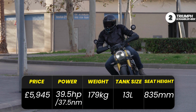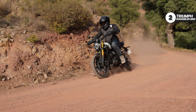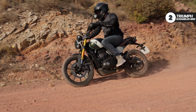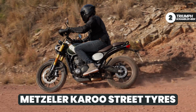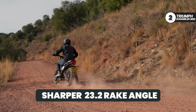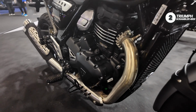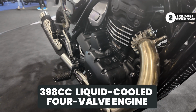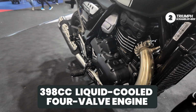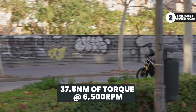And in comparison to the Speed 400, the 400X has been tweaked for some off-riding capabilities. This will include the Metzeler Karoo street tyres, extended headstock and slightly sharper rake angle, as well as the increased suspension. Powering the Scrambler 400X, you will find a 398cc liquid-cooled 4-valve engine that pumps out 39 horsepower and 37